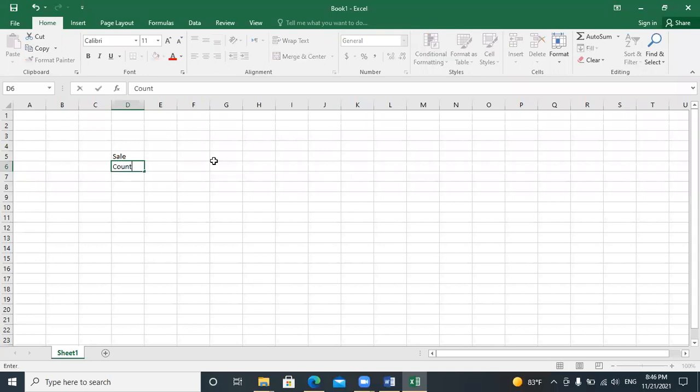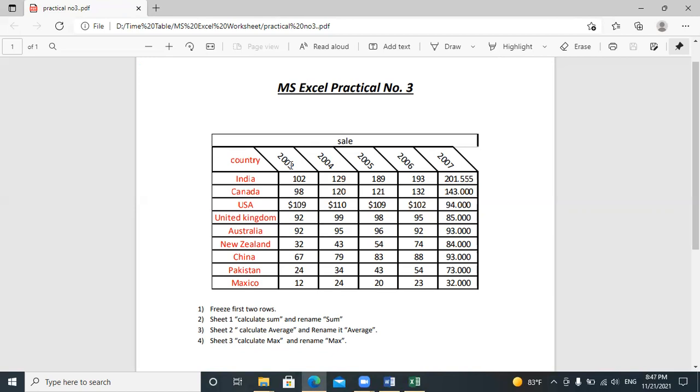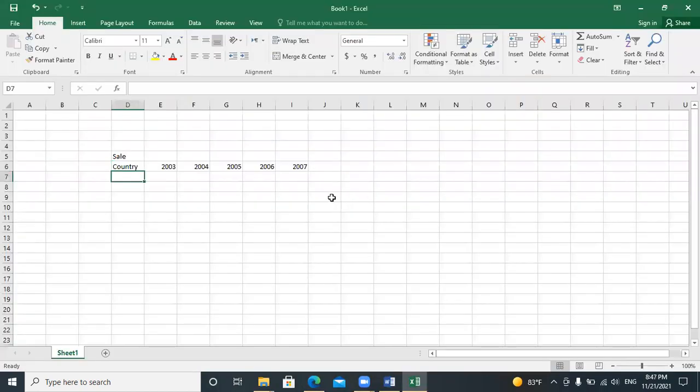In the second row I have to write country, 2003, 2004, 2005, 2006, and 2007. Here you can see from 2003 to 2007. This is one option. The other option is that I can create it by just typing one number.